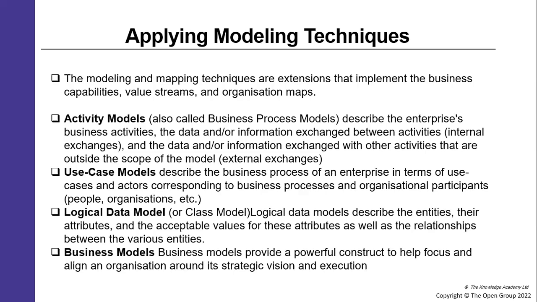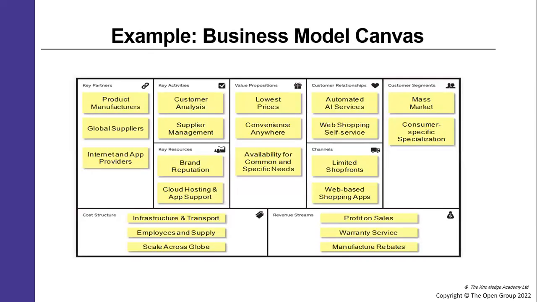Next one, have a look at this one. Now, what is this actually? What do you see? This is called a business model canvas. Key partners, key activities, value proposition. If you look at this one, it provides a shared perspective and understanding of the organization's business model. Got it? It's a little infrastructure, transport, and so on.